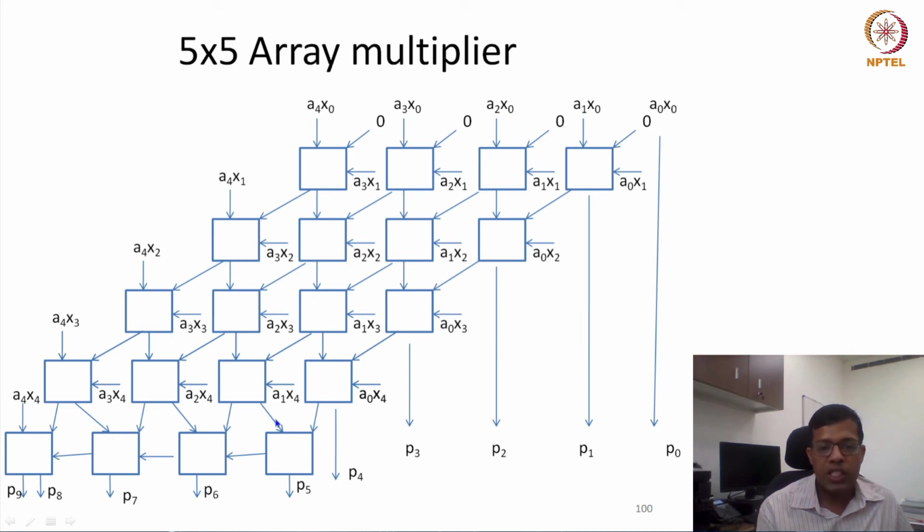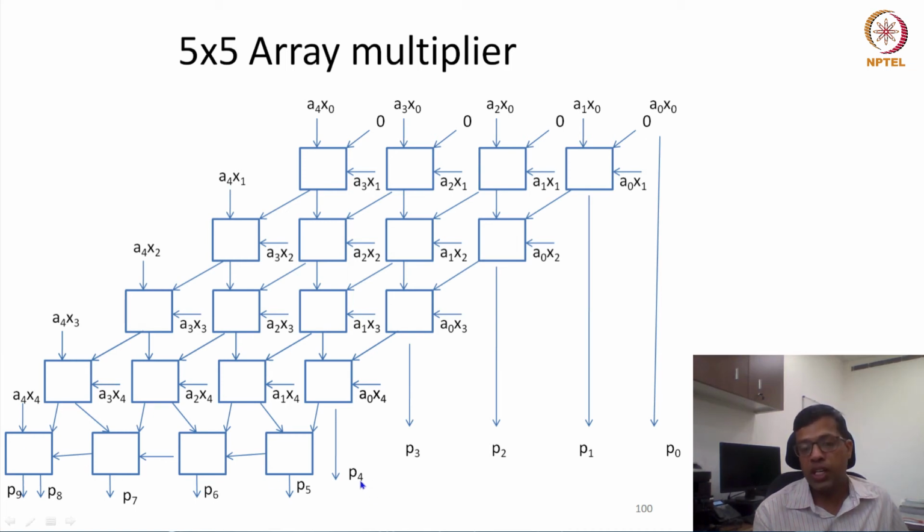The sum is essentially a vertical arrow, so the sum from this stage is given as an input here. Now remember, the carry out from this particular full adder is given as an input to the next one. So this is the carry in from this full adder, this is the sum from this adder, and the resulting carry is given as an input to the next full adder. Similarly here also the resulting carry is given as an input to the next full adder. x4 a4 is also given as an input to this final full adder.